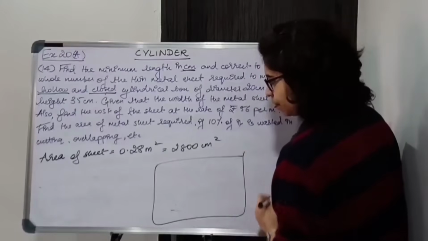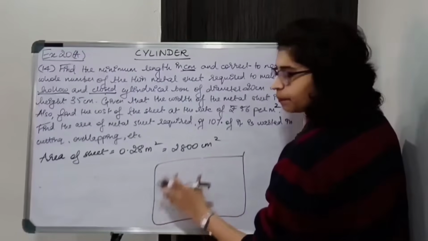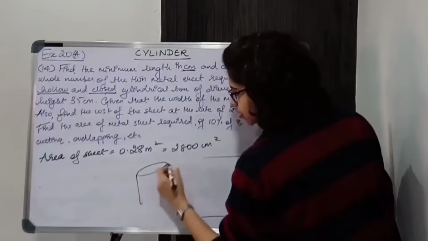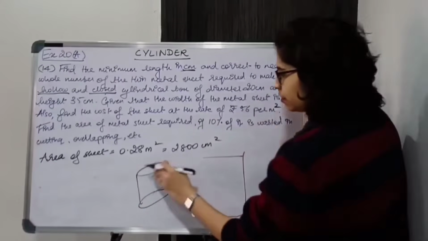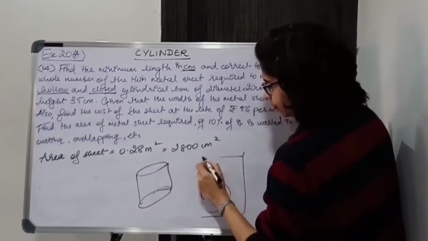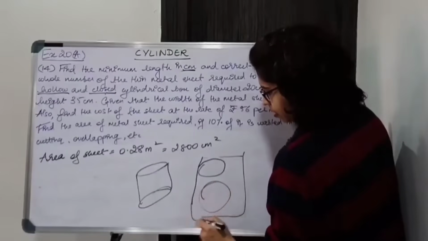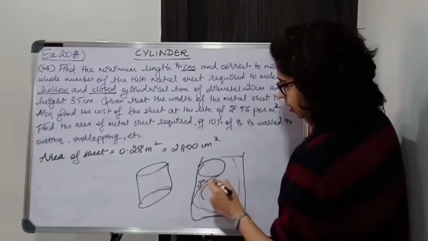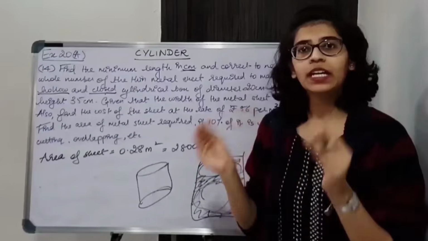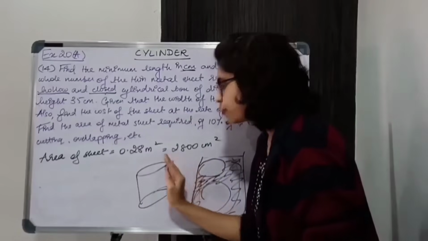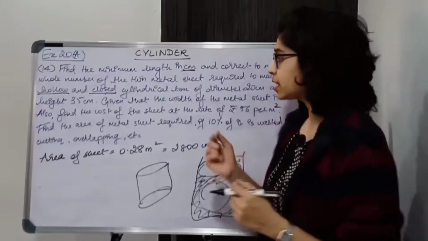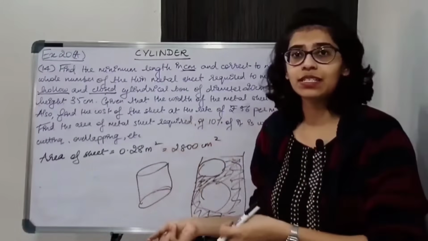There was this sheet, ठीक है, out of that you made the cylindrical part, ठीक है, इतना use किया, cover कर लिया, okay, so we made this round part out of that, then we covered this, तो इसमें से थोड़ा सा round cut किया और we stuck it over here, ठीक है, तो इतना sheet बच गया, alright. So ये जो बच गया है sheet, this part that has remained is used in overlapping, cutting, जो cutting किया है उसमें से थोड़ा सा waste होगा, rest of it is used for overlapping, ठीक है, for making sure that यहाँ पे side से it is joined. So some amount, 10% of this metal sheet is wasted in that.